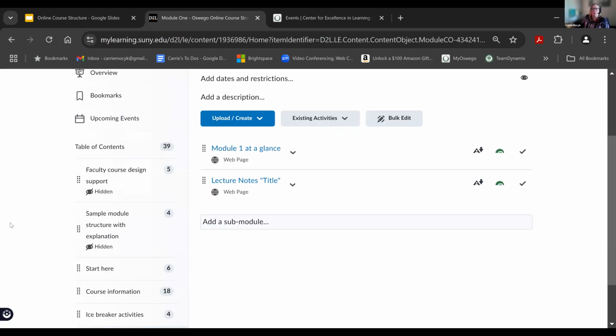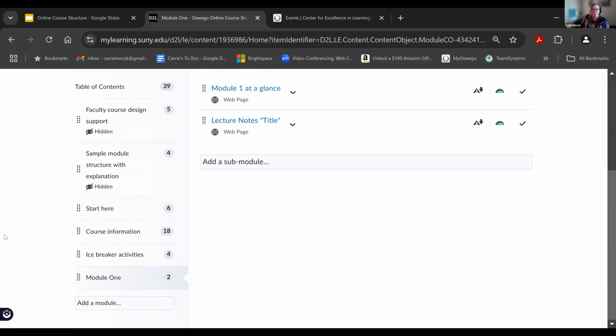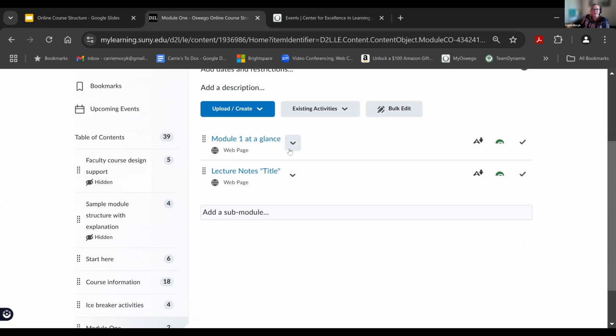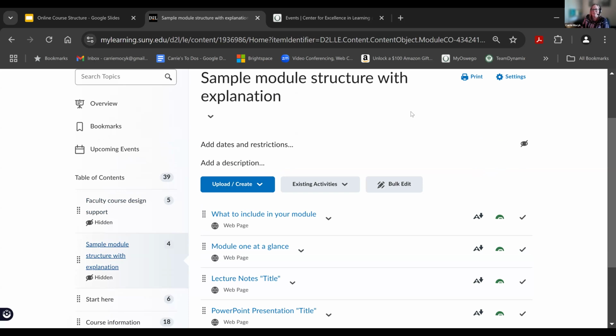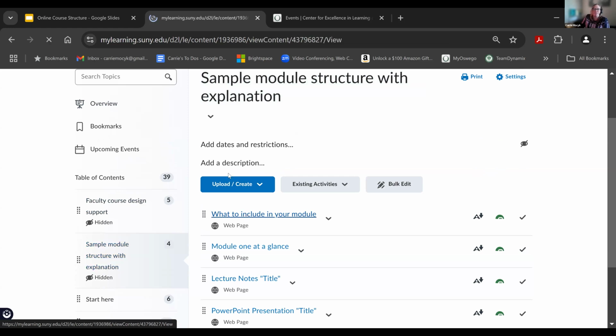All right, so what we have next is the layout that we're suggesting. I did not add a lot of information as far as more discussions and quizzes because I didn't want to mess up the structure for somebody that was going to copy this over, right? So instead, there's a sample module structure. This is another instance where if you give us more time, it'll be shorter. But it does talk about what should be included in your module as far as